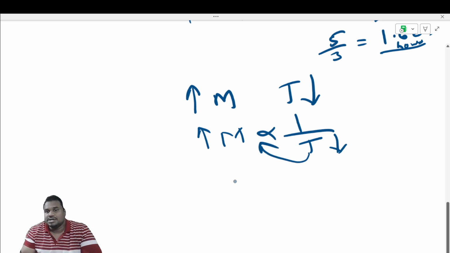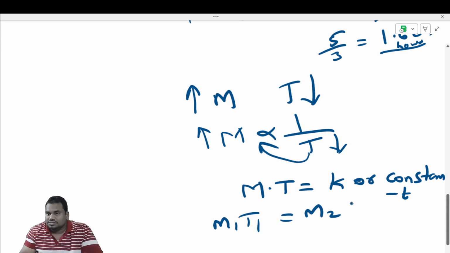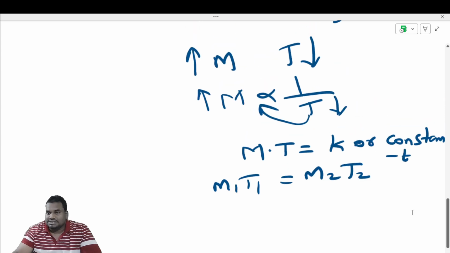So men into time is equal to K, or constant, you can say. So it means M1 T1 is equal to M2 T2. Okay, but